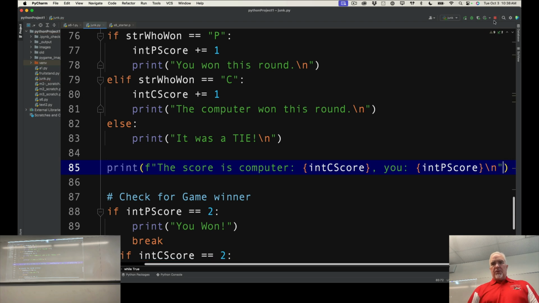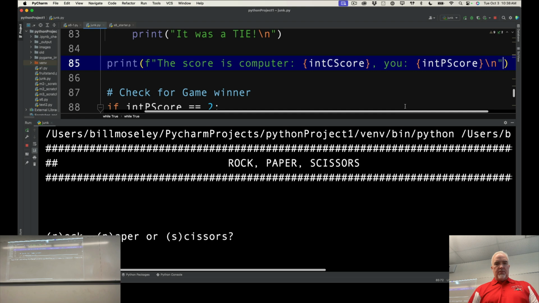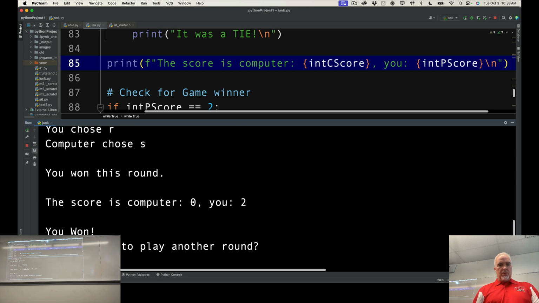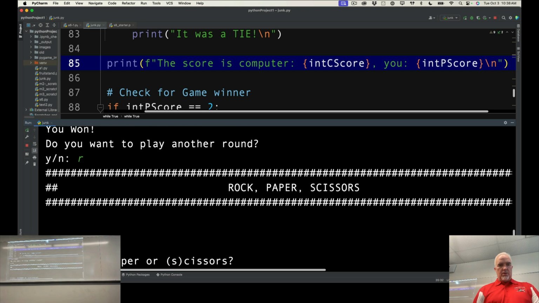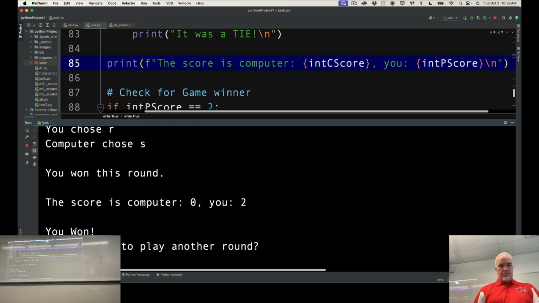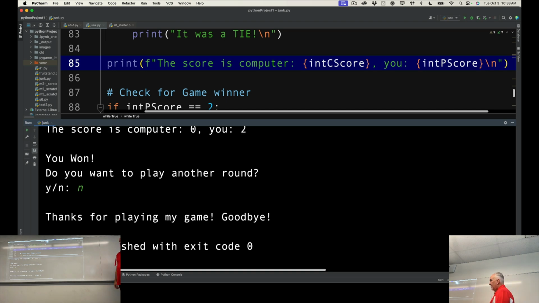Okay, so now it'll tell me what the score is on each one. That'll be nice. So let's go. You won this round. Oh, I won already. Yeah, okay. Rock, rock. Okay, so that is the whole thing